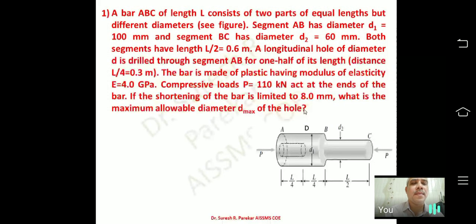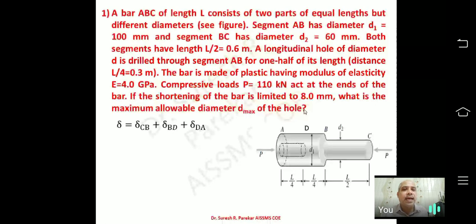So now in this problem, we have to consider part AD, part DB, part BC, because in AD we have different area, DB we have different area, BC we have different area. And now you can see we have this value delta L, and that delta L is equal to delta CB. I have taken from the right side delta CB because the areas of CB and BD are known, and then we have to find the area of DA.